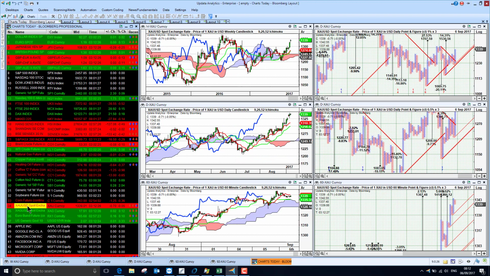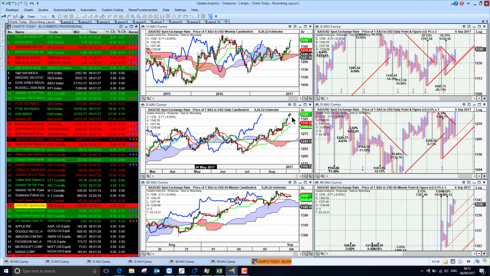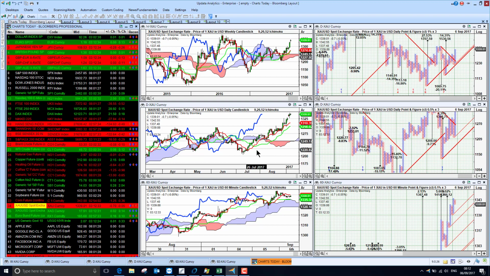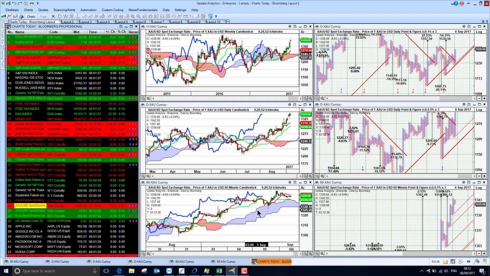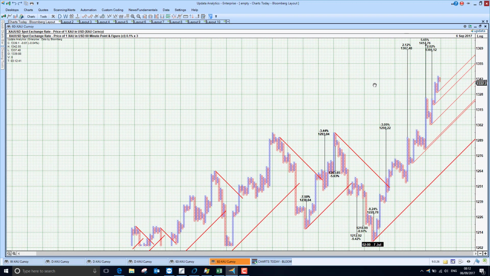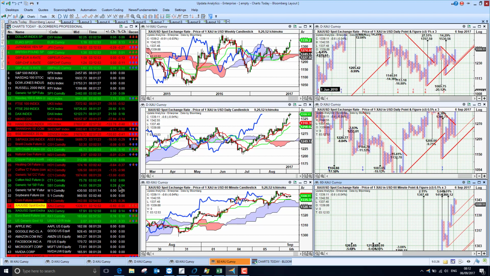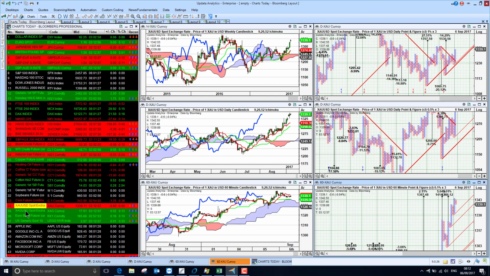Taking a look at gold, this was the big story yesterday, hitting the 1340 level. We see gold just looking stellar now on the long and medium term chart, and the short term chart is bullish with upside targets activated. If we look at the 60-minute chart, we see here we've got into the 1367, 1366, and then 1414. If we can get above 1375, that's a new multi-year high. That's what gold needs to do. We deactivate that downside target. So just keep an eye out for gold running further, but looking pretty bullish and holding on to the gains at the moment. The weaker dollar helping, of course.